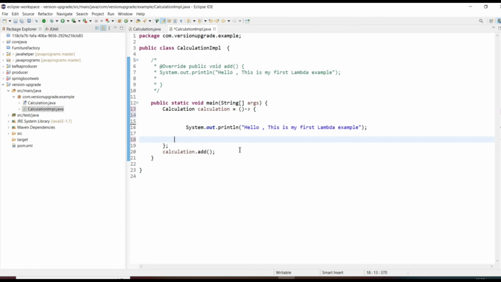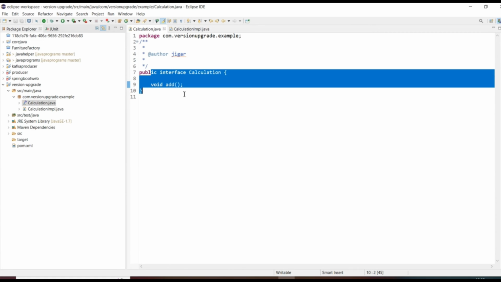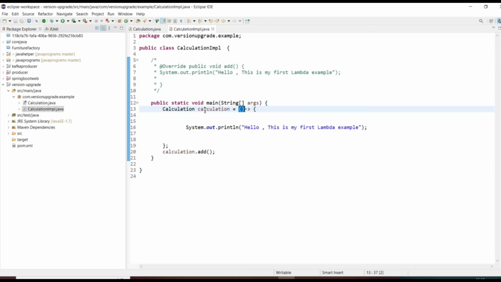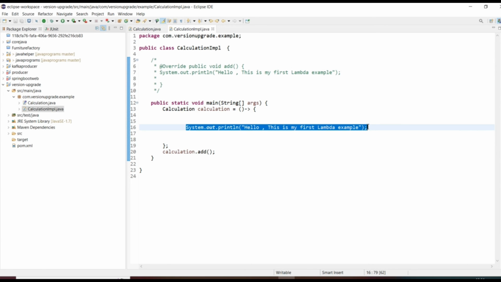Now you can see that we are calling it and it is doing the same activity. We are creating the object of that calculation, which has one method as add, which the compiler already knows, and just define whatever set of logic you have over here